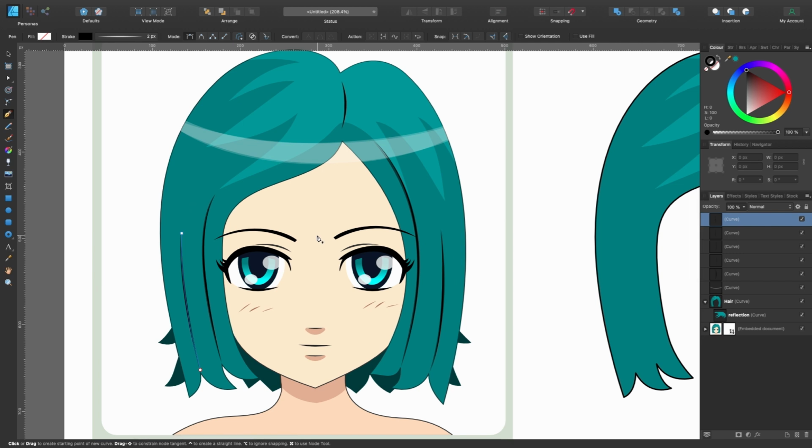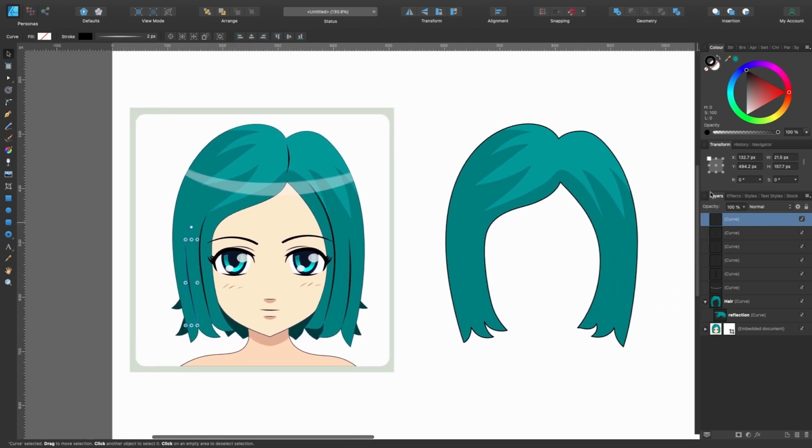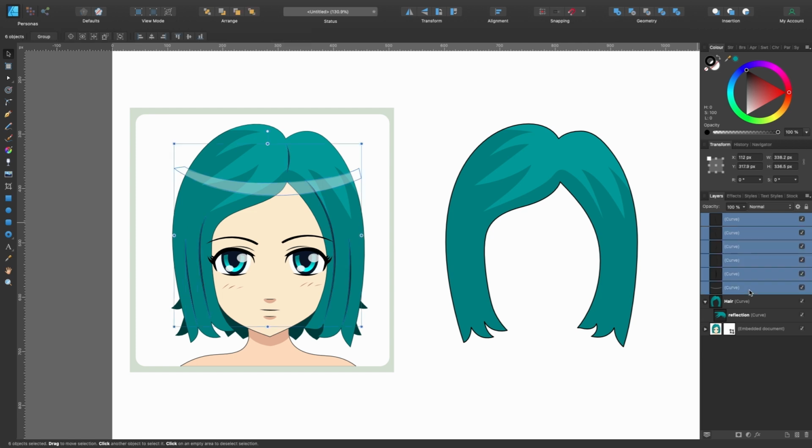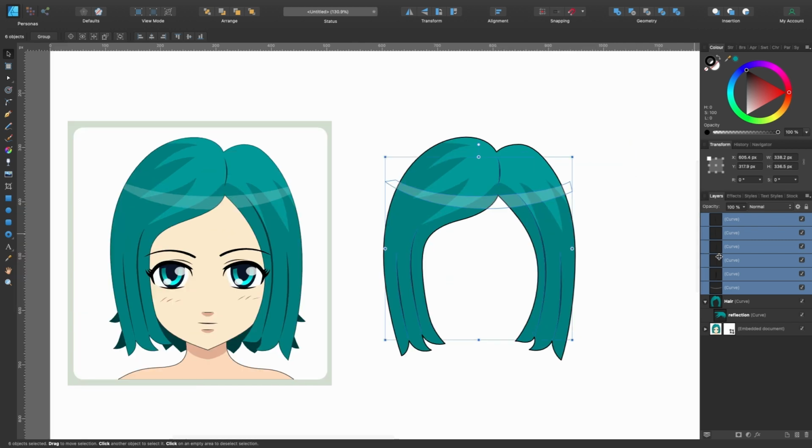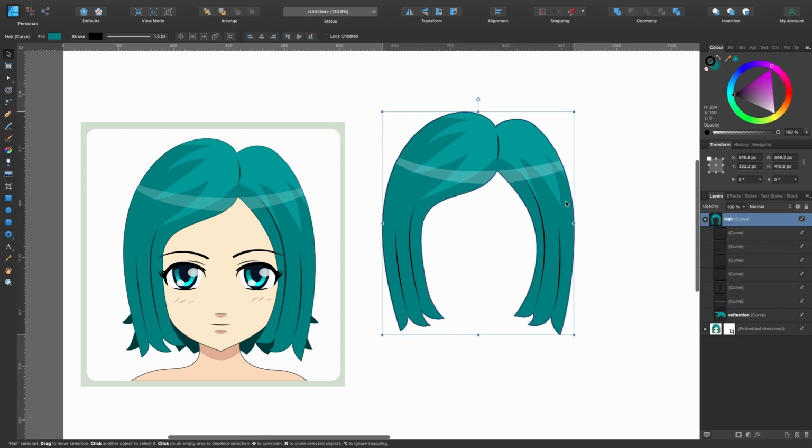Okay, all of our streaks and reflections are done, so let's press V, the move tool. In the layers panel, they're all here, unnamed. With the first one selected, keep your finger on Shift, select the last one. Now hold your finger on Shift and click and drag to the side, and that will keep it perfectly aligned. Just move it to where you think it will be. We're going to have to put this inside of the shape of that hair, so they're all clipped in together. Just like before, we click down and to the right, and that's all clipped inside of there now. And it can move around as one shape.